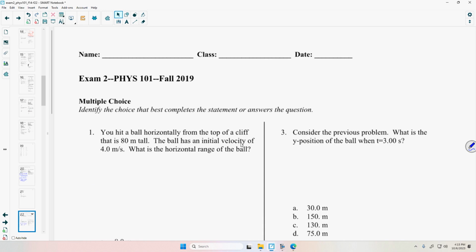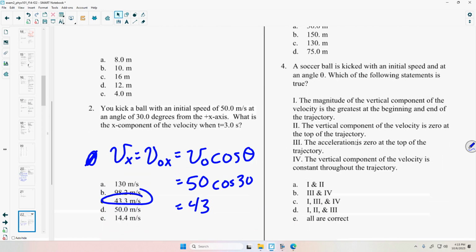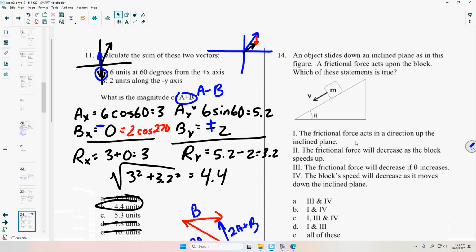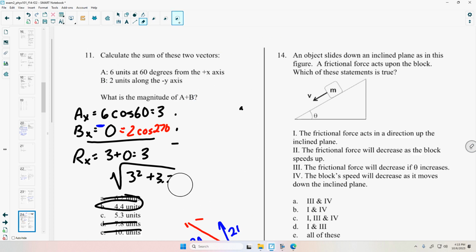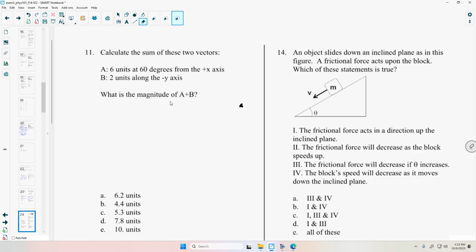Fall 19. That was just before COVID. Y'all were in high school, weren't you? In fall 19, most of you. Don't look. Y'all look away. Okay, so